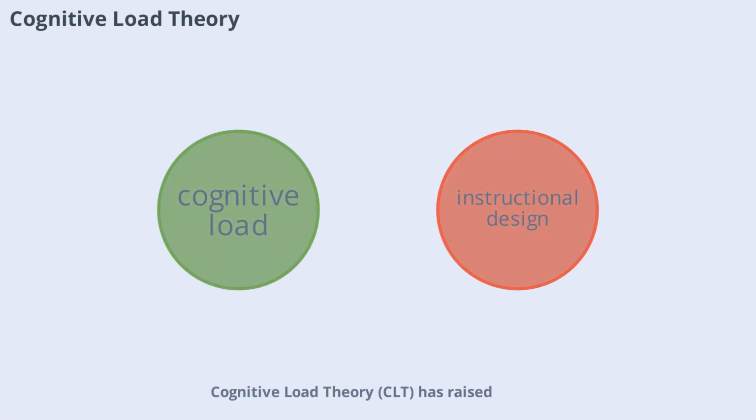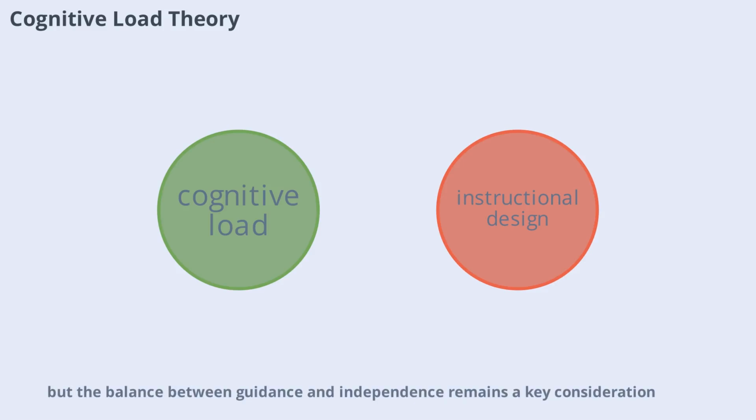Cognitive load theory, CLT, has raised important questions about the effectiveness of unstructured, discovery-based learning. CLT research shows that learners can become overwhelmed when faced with too much information or too many choices, especially without sufficient guidance. This can lead to cognitive overload, where learning is hindered rather than helped. To address this, instructional materials and methods should break tasks into manageable steps and provide adequate support. Critics of CLT argue that most modern inquiry-based approaches do include scaffolding, but the balance between guidance and independence remains